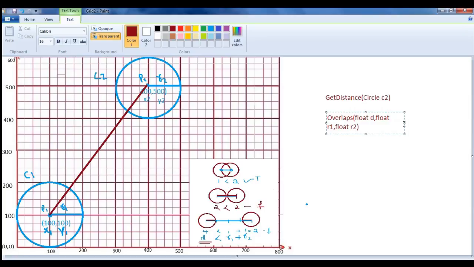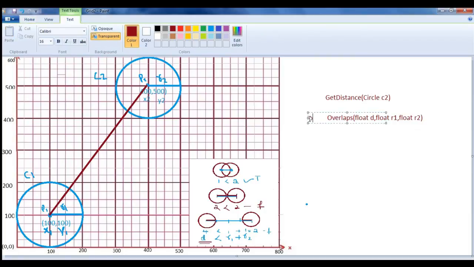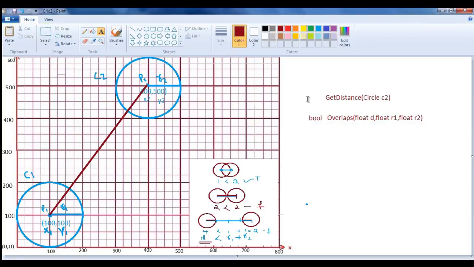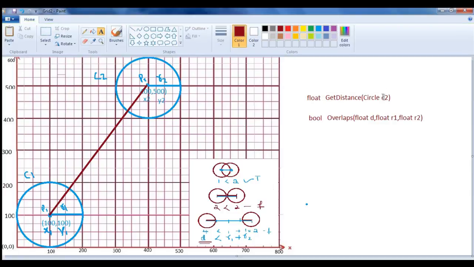So these 3 properties it takes, and it returns true or false, whether two circles overlap or not. So this is going to be a boolean one. Boolean it returns, whereas get distance is going to return a float. It just gives us the distance between the circle 1 and circle 2.